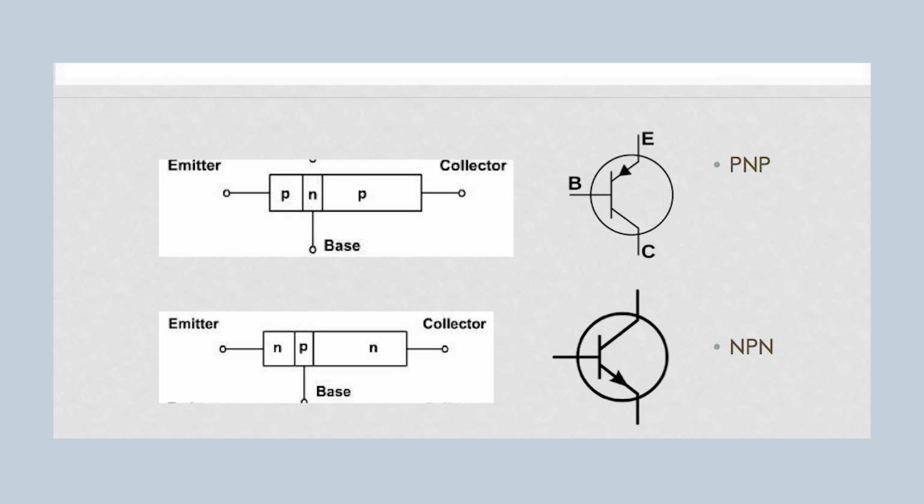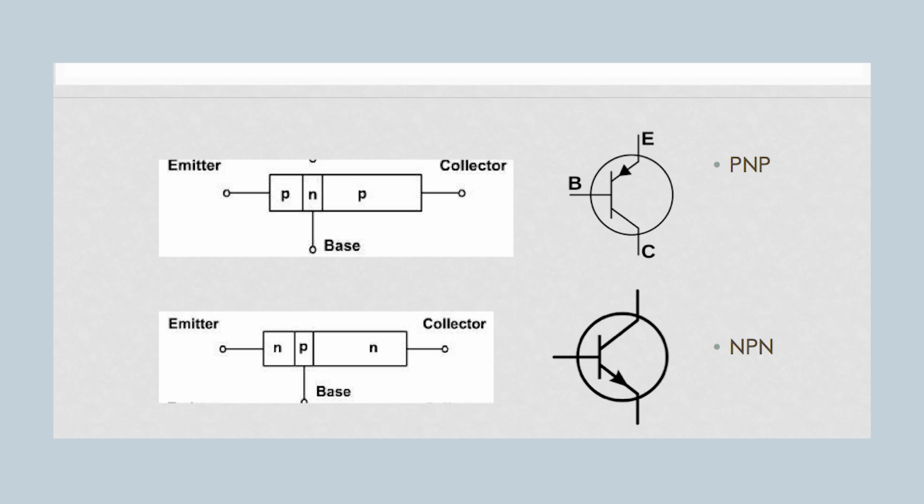Now, if you look inside the BJT, there are two PN junctions: the junction between the emitter and base, and the second junction between the base and collector. So, there are two junctions and the device is bipolar, that is electron and hole both contribute in the current flow. Hence the term bipolar junction transistor comes into play.